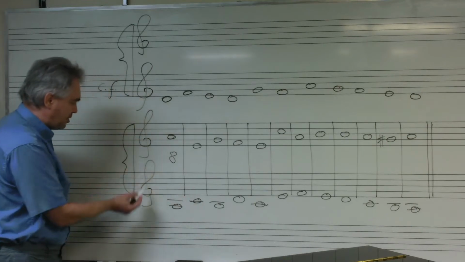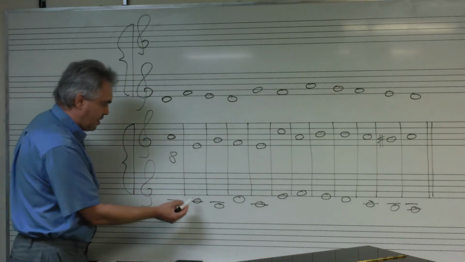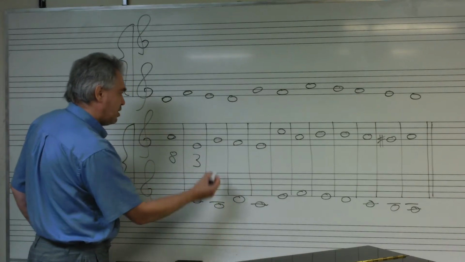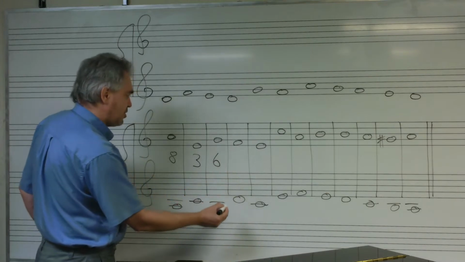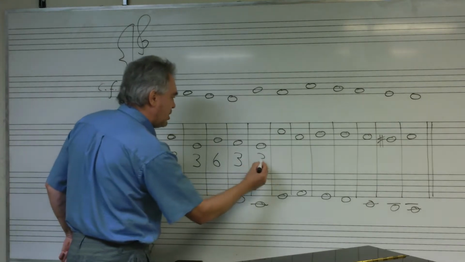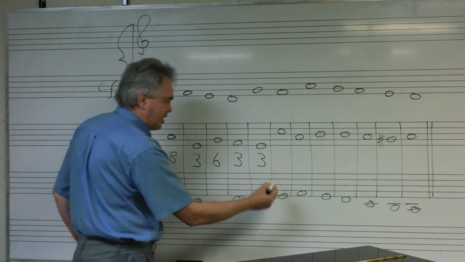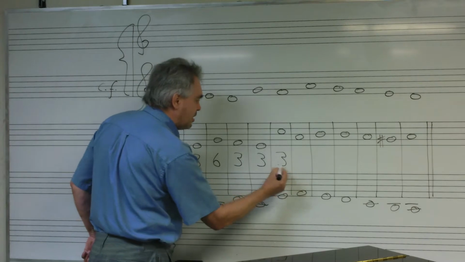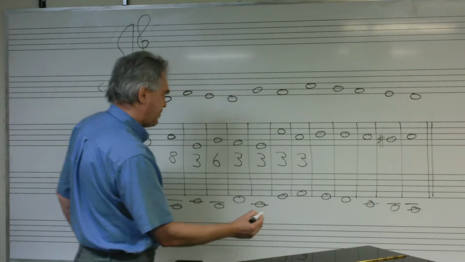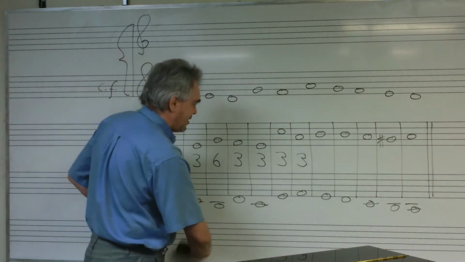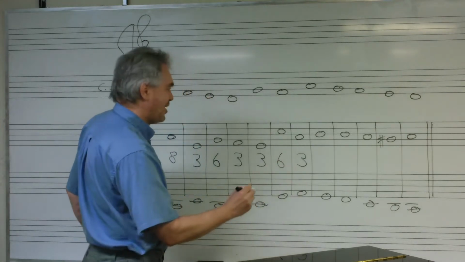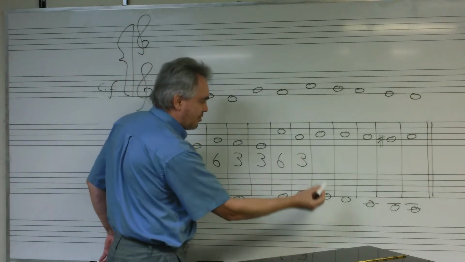So notice please two treble clefs. C to E is a third, B to G is the interval of a sixth, D to F a third, C to E a third. So this is our analysis. E to C a third, F to A a third, and of course I made a mistake. E to C of course is the interval of a sixth, third,